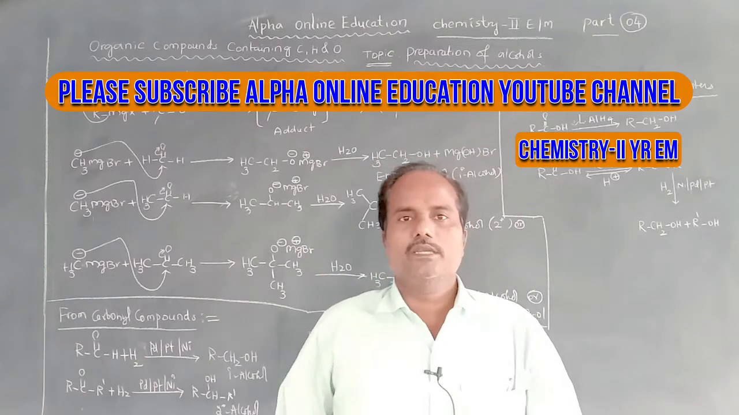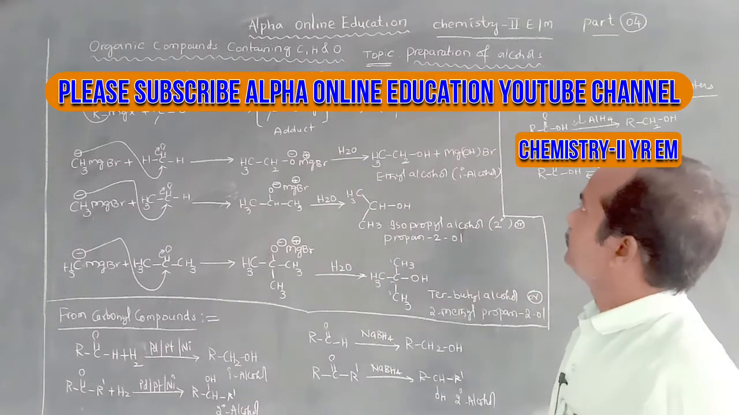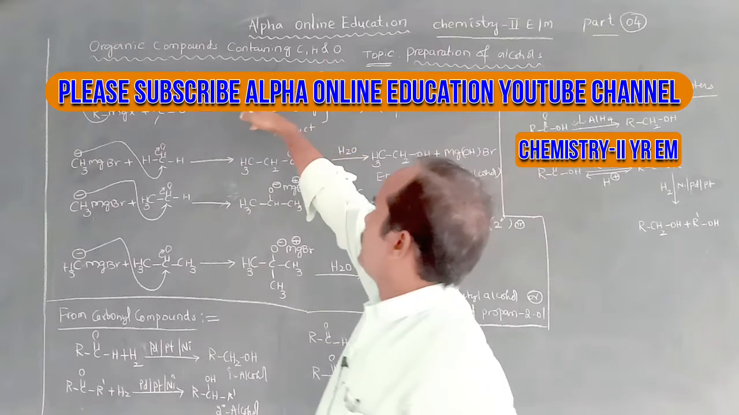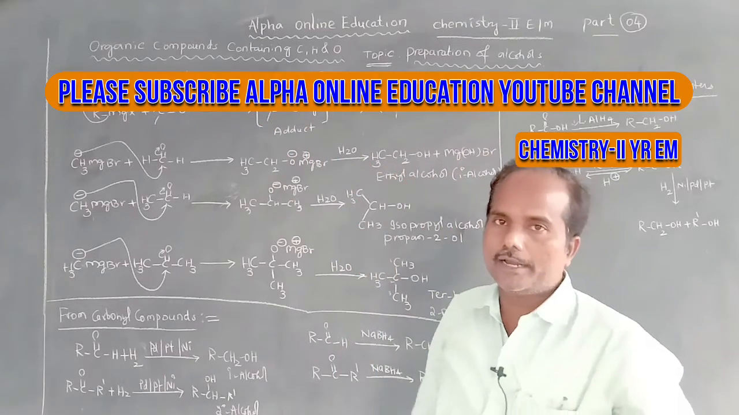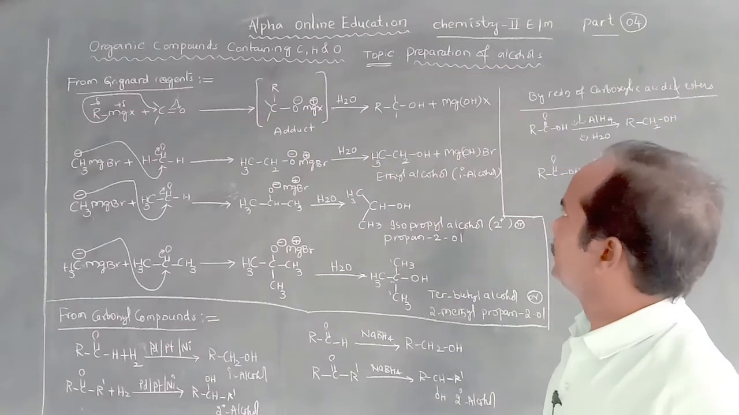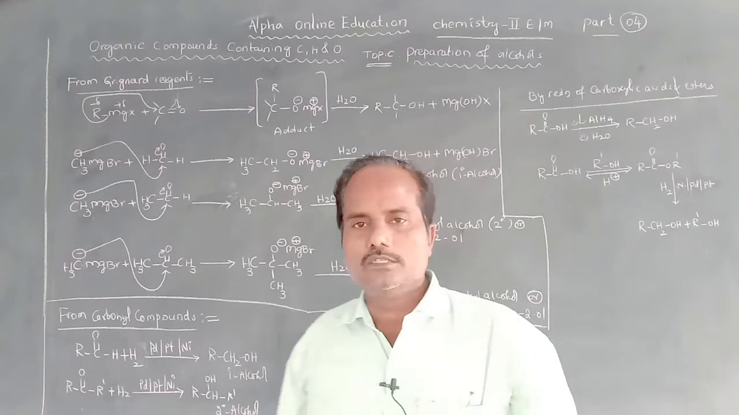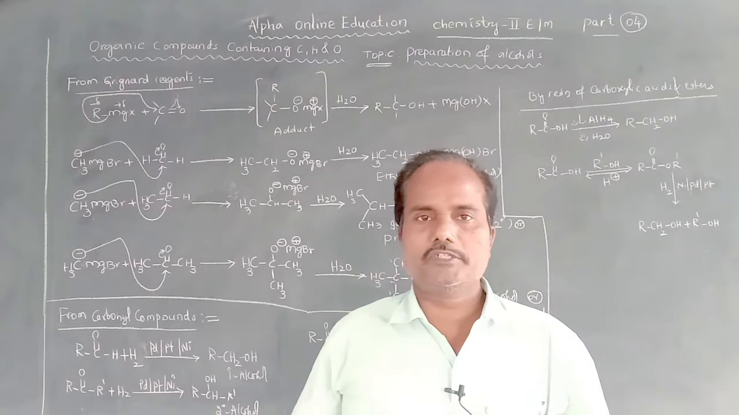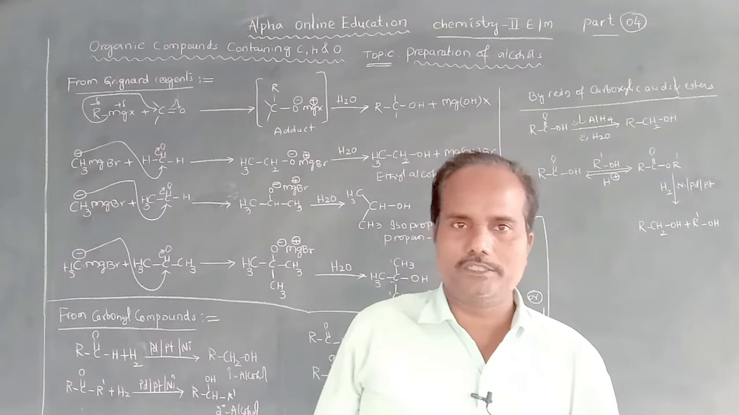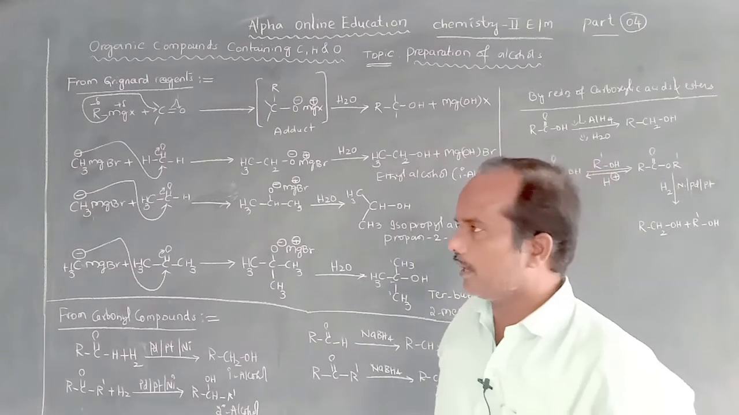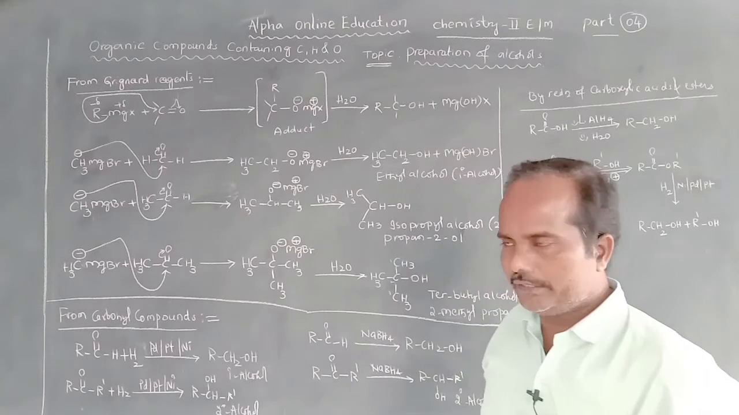So good morning. Chemistry, second year, English medium. The unit is organic compounds containing carbon, hydrogen, oxygen, and the topic is preparation of alcohols. In the previous class, we discussed two preparation methods of alcohol. The first was from alkenes, and the second one is